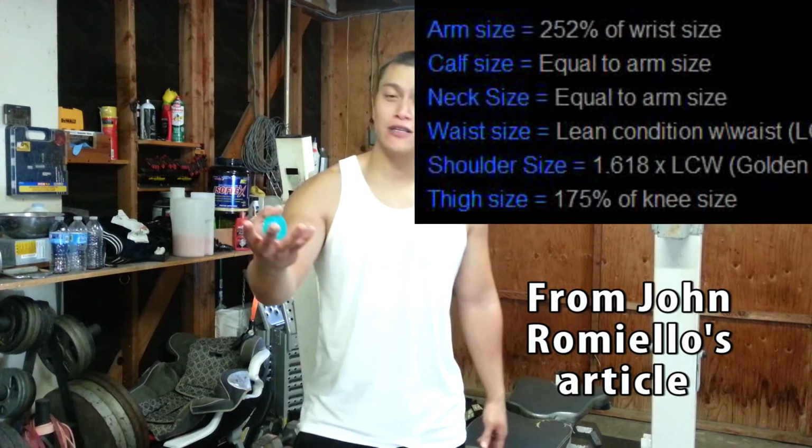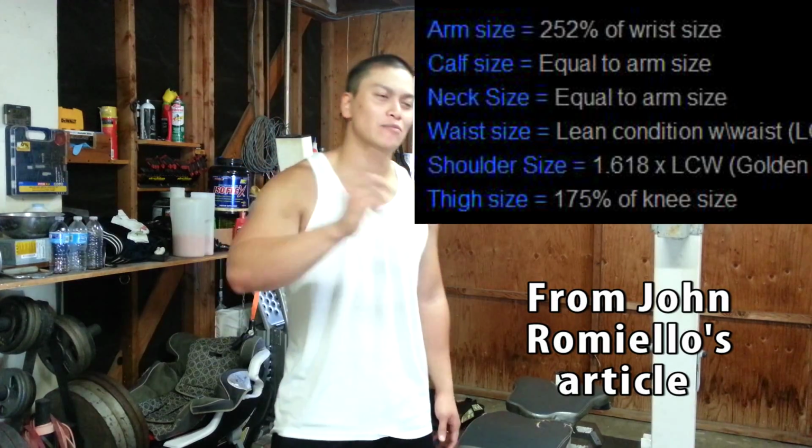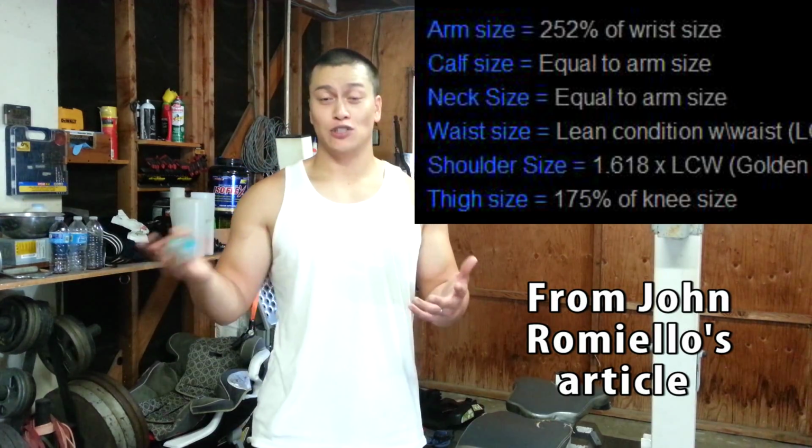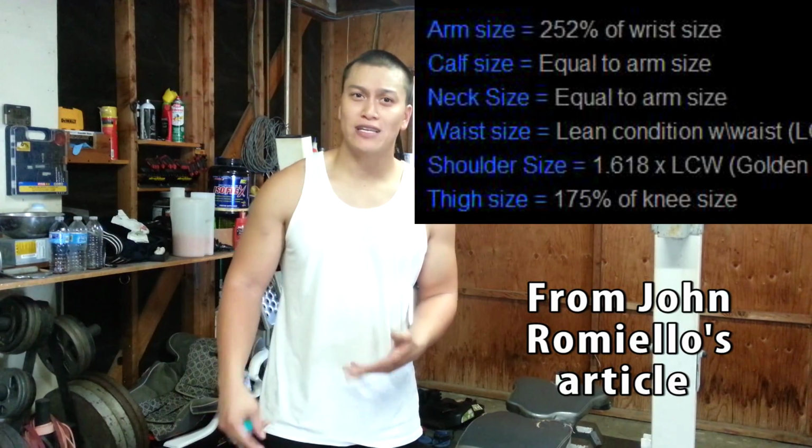So the master himself, Steve Reeves, said your wrist should be 2.5 times smaller than your bicep. And since we're talking about aesthetics here, your biceps should be the same as your neck and your calves. To get your thighs, you get your calf measurement, which for me is like 16.25 or so, and then you times that by 1.618, and that would give me roughly around 26 inches for my thighs,